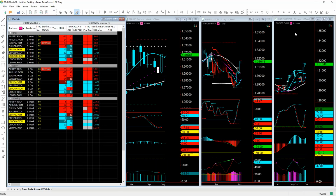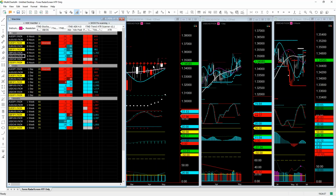Now, if the 6 hour was already overextended, if it was starting to come down and you're a counter trend trader, you could think about taking a counter trend trade. But even that setup is not apparent at the moment. More likely than not, with this formation on that weekly chart, this week is going to be an up week for the British pound. So the short term might be a counter trend trade, but the longer term will potentially be the long position. Okay, now let's go look at the USD